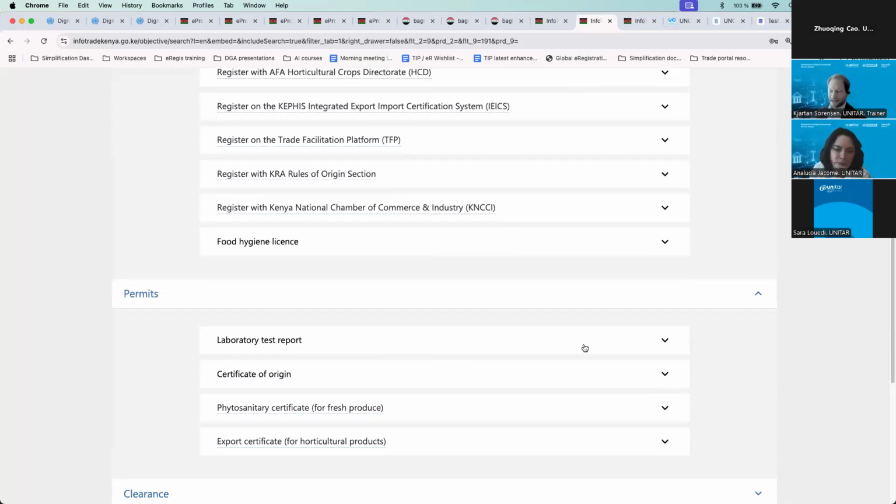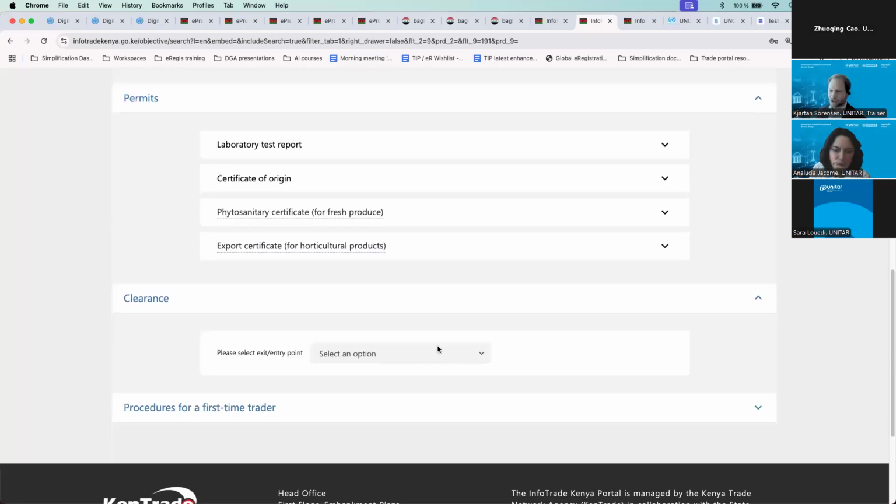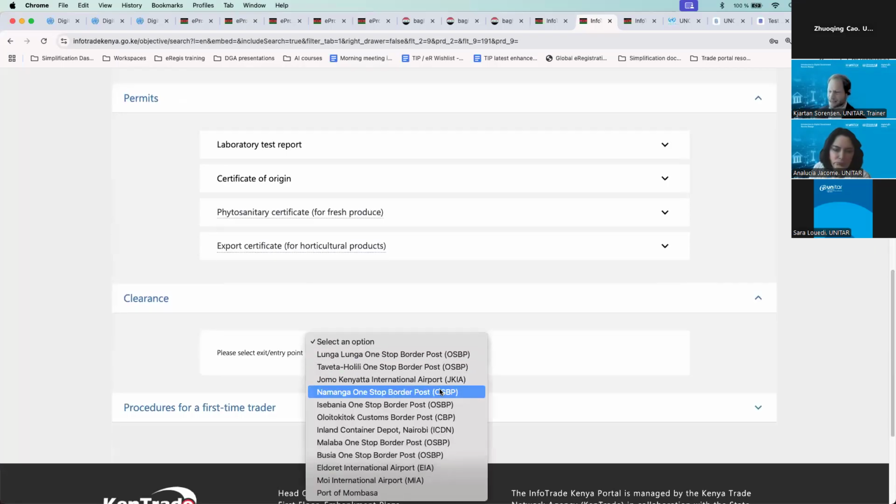permits. I need my avocados to be tested. I need a certificate of origin. I need a phytosanitary certificate and an export certificate. Only then can I go to the border and clear my goods at one of the many entry and exit points. And here I'll take the example, for instance, of